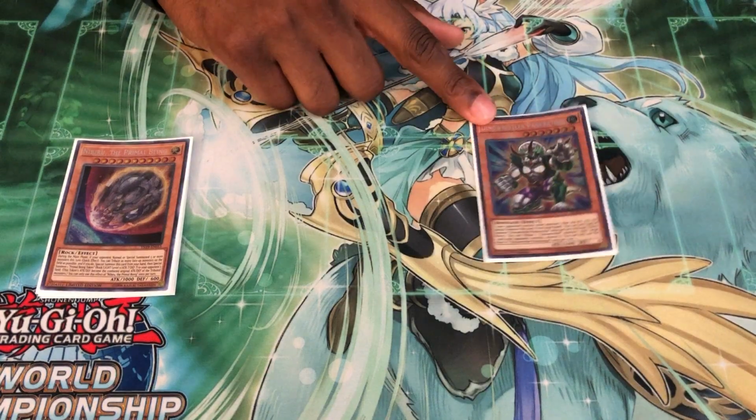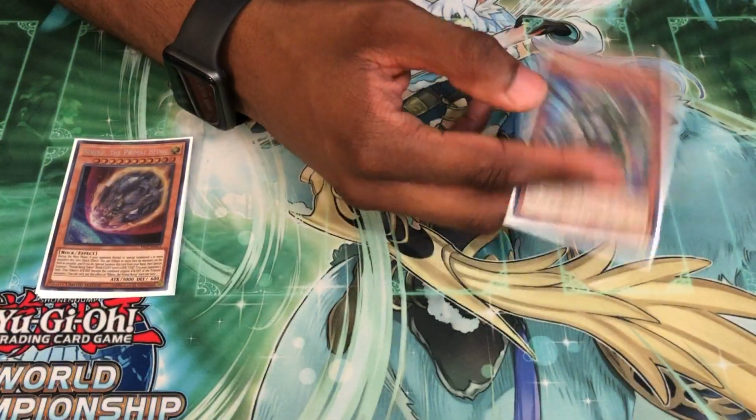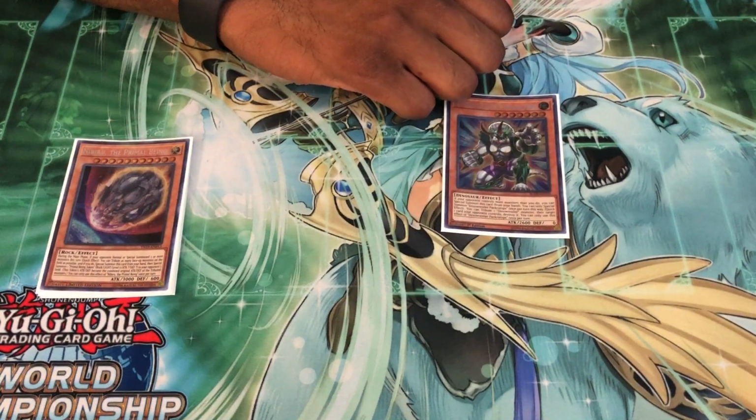Go turn 2. You love it when you see it. If you don't, it's not that big of a deal. It's so good at baiting, so good at taking care of problems. So if people just want to set their back row, you summon this, and they're like, oh, well, do I deal with it now or do I